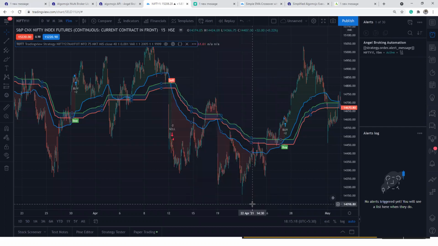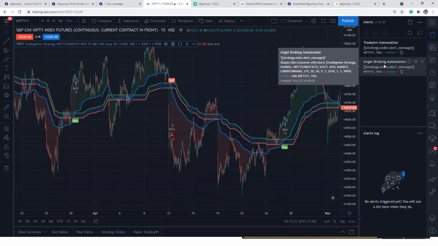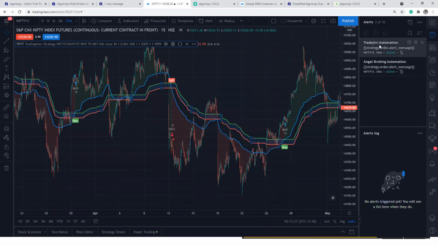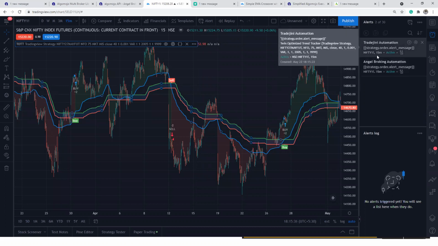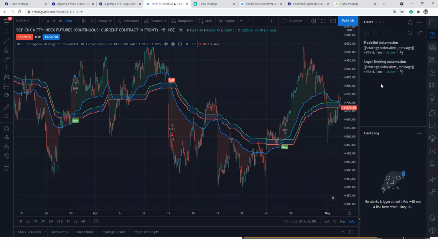Click create. Now I'm running two strategies. One strategy will send the automation to an Angel Broking account, and another strategy will send automated trading to another account in TradeGenie. So two different brokers' automation is running, with two different strategies also. Maybe the symbol can also be different, not necessarily the same symbol.